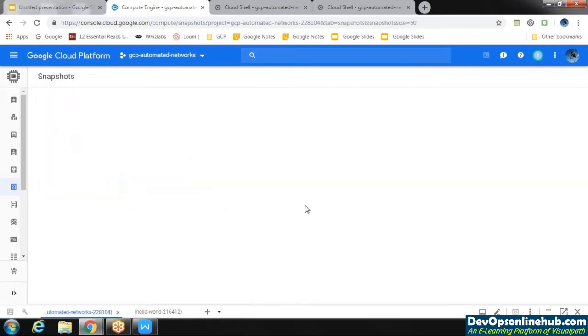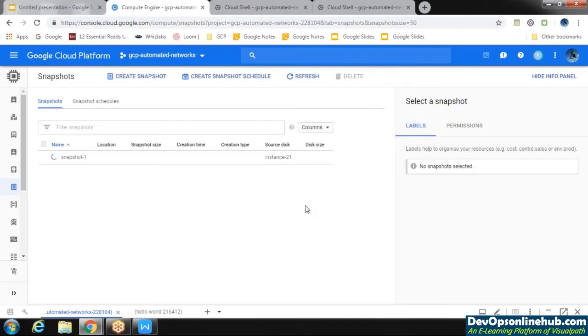Snapshots are actually incremental in nature. Incremental in the sense, for example, you have a disk which has data of 500 GB. The first snapshot will take the whole 500 GB. The second time, if you are taking a snapshot and the changes made to the disk amount to, let's say, 10 GB, it will only take 10 GB worth of snapshot instead of 500 GB. So that's why we say it is incremental. It helps us optimize the cost also because it is taking less time and utilizing fewer resources. So we will see the size difference here.